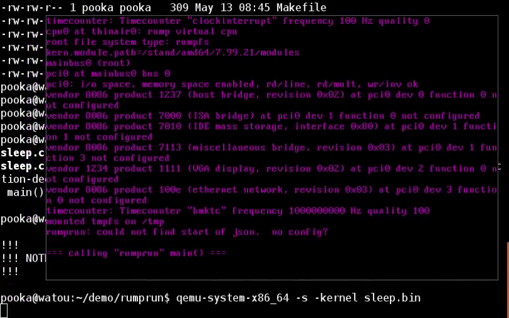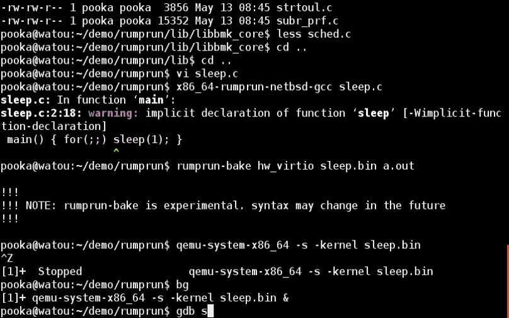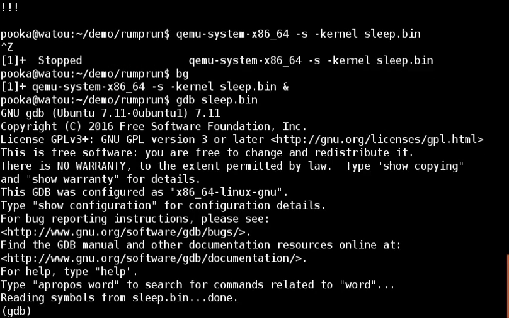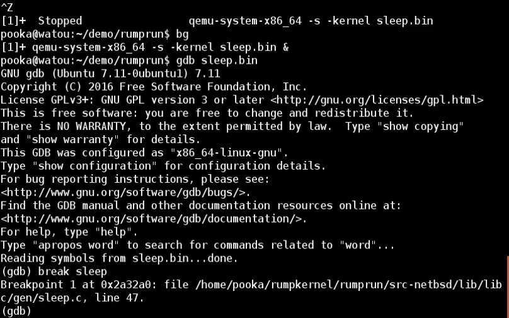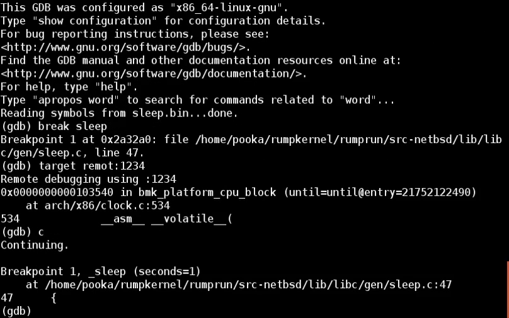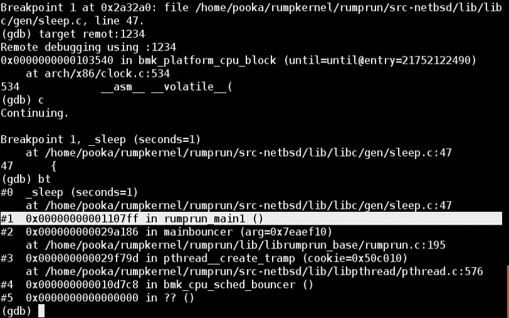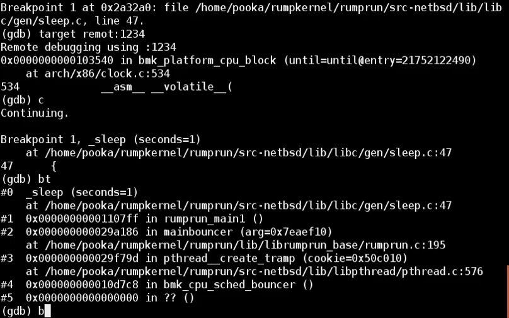Okay, so now it's essentially running. I'll just move this window out of the way because it's not that interesting. And then let's attach a debugger to it. Let's put a breakpoint on sleep and attach the debugger. Okay, and continue. Okay, now we're in the application. Well, I forgot to compile the application with debugging symbols, but essentially this is the main of the application and it's just calling sleep. Now if we put a breakpoint into schedule, I happen to know